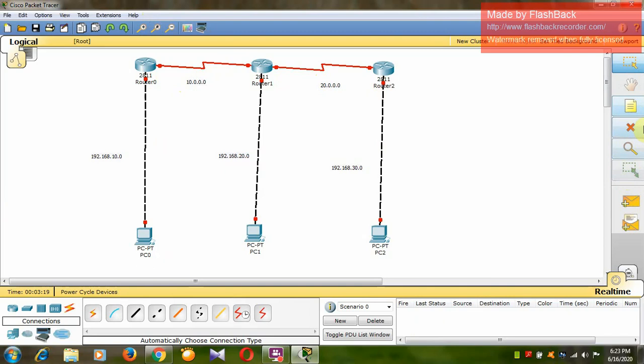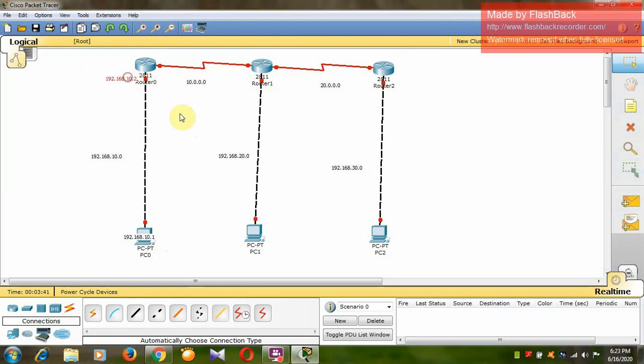Now with this network, this PC will become 192.168.10.1, and this F0/0 will become 192.168.10.2.